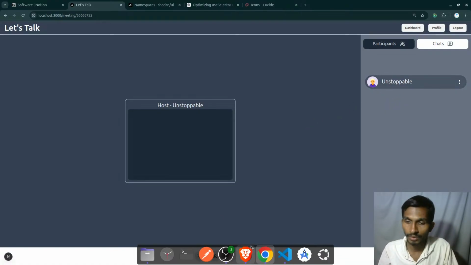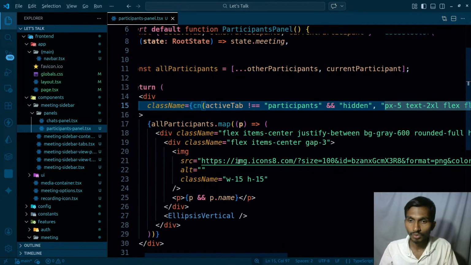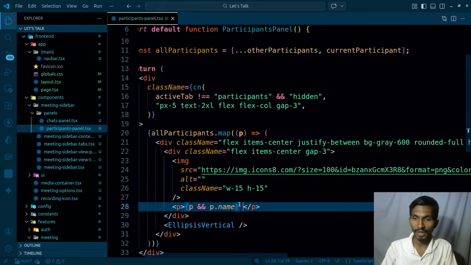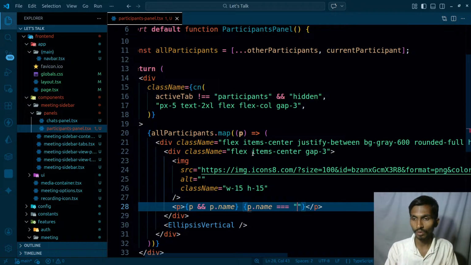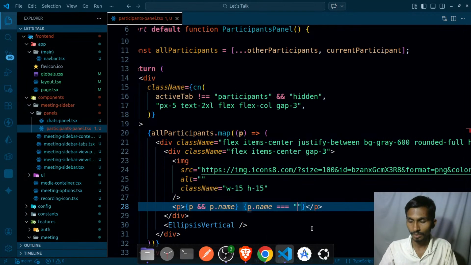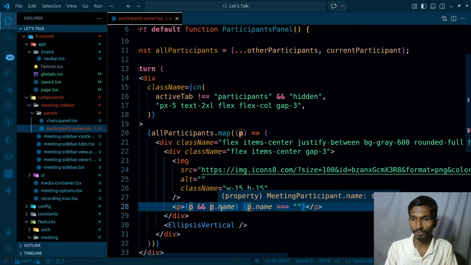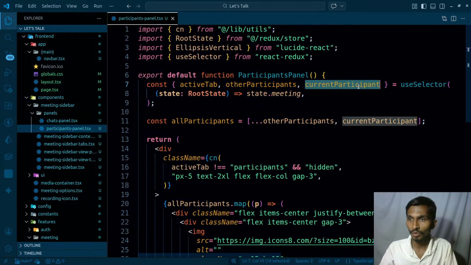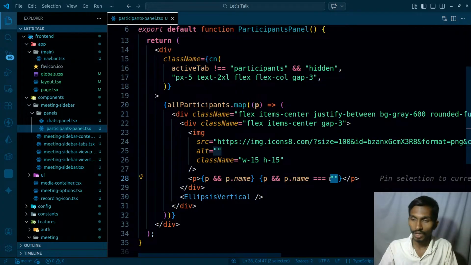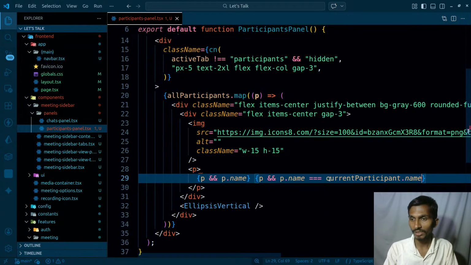By the way, just before that, I'm gonna be just having one thing. So the name is gonna be here, and I'm gonna be adding you, and this you is going to be added on some condition. And what is that condition? If the participant I'm getting, that is participant dot name, is triple equals to, just a sec, coming back to this one. First of all, I'll check whether this participant exists or not. So p, and if that does exist, in that case I will be doing this. And I need to have the info of the current participant over here that I already have. So I will simply say that if a participant's name is equal to current participant name, in that case